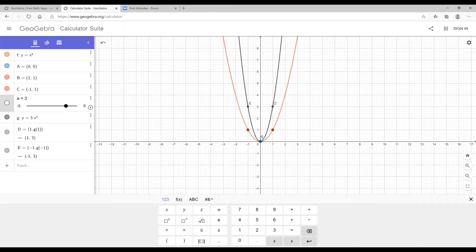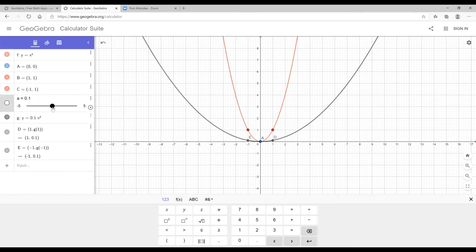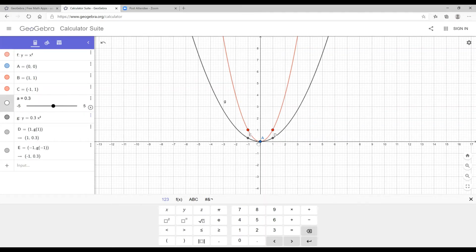And you can tell how far it is because on the basic graph, y equals x squared, if you go 1 unit from the vertex and 1 unit up, then you get back onto the graph. But if you've been stretched by a factor of, say, 3, if you go 1 unit to the right, you go 3 more units to get to the graph. If you're stretched by, say, 0.3, instead of going up 1 unit, you go up only 0.3 of a unit, which means that the graph is kind of wider because E and D now have been pulled down a little bit from the x-axis,